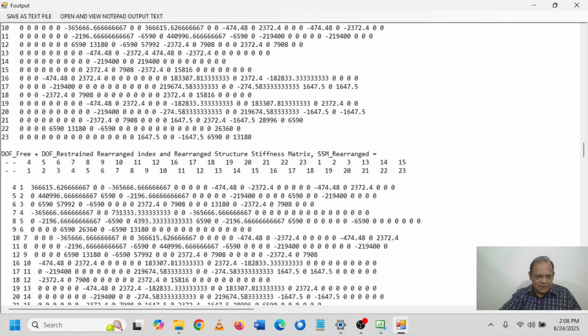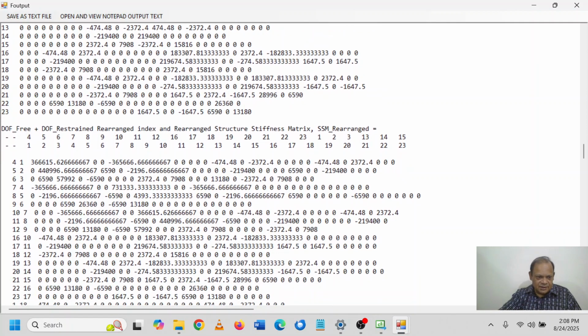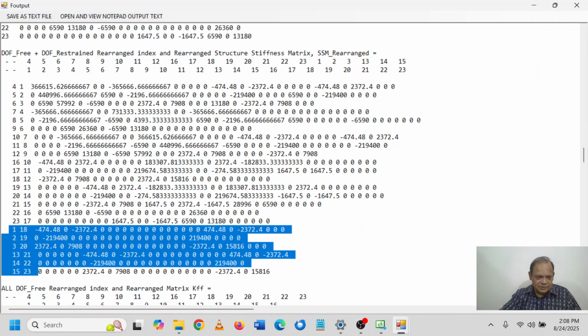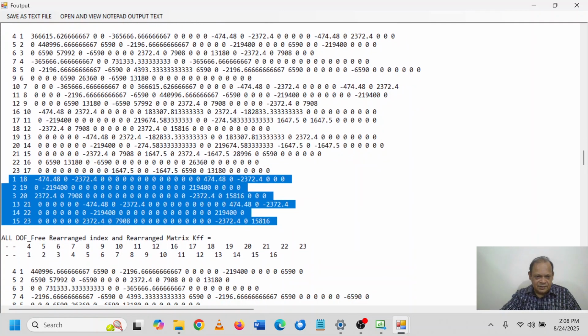First will be the free degrees of freedom elements, and then the restrained or supported degrees of freedom elements will come. This you can see here. This can help to build the matrix,